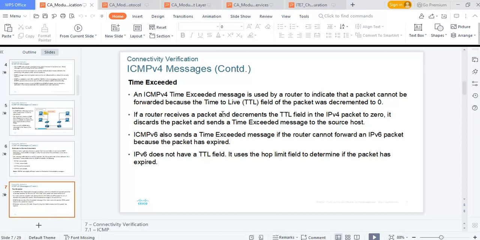So if a router receives a packet and decrements the time to live field in the IP version 4 packet to 0, it discards the packet and sends the time exceeded message. Just for instance, if you try to browse on your PC, let's say using Chrome, Firefox, Safari, whichever one,